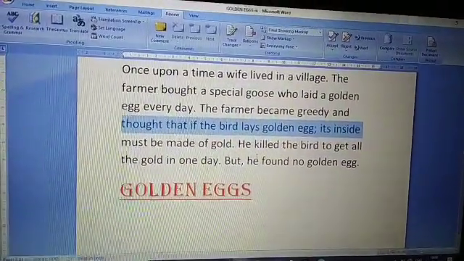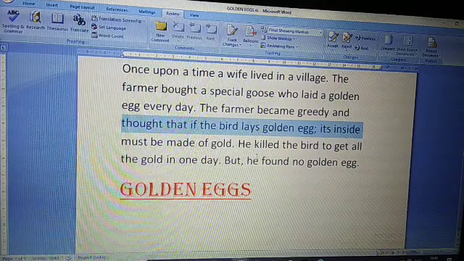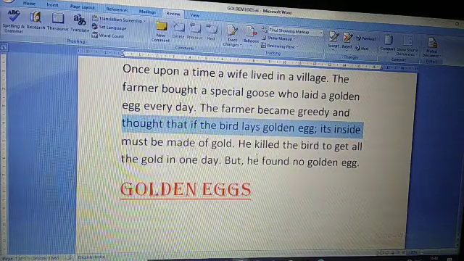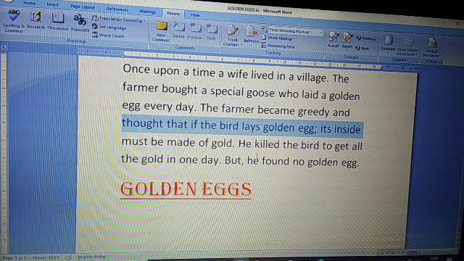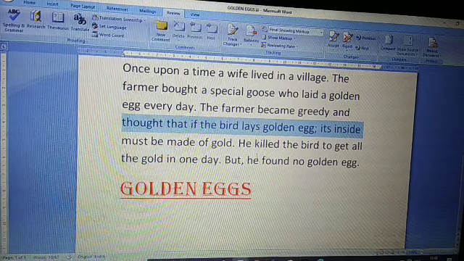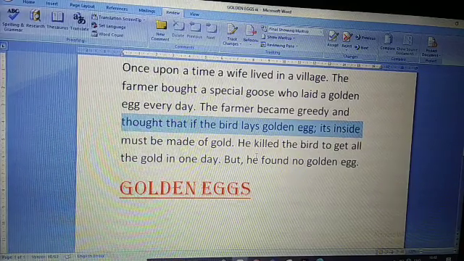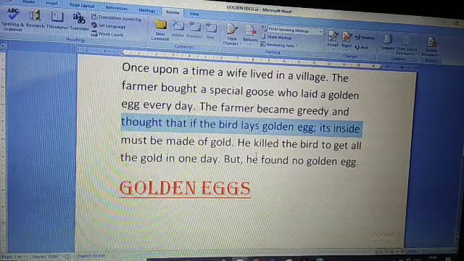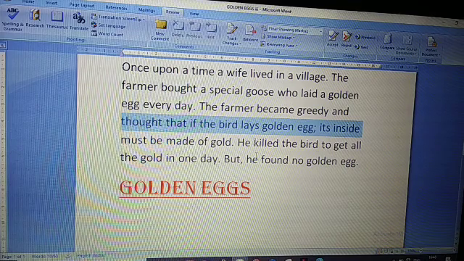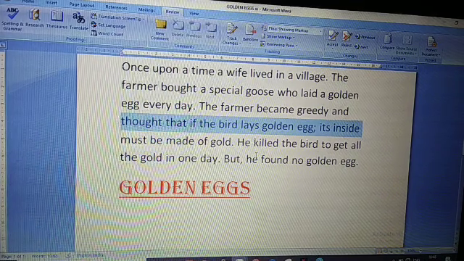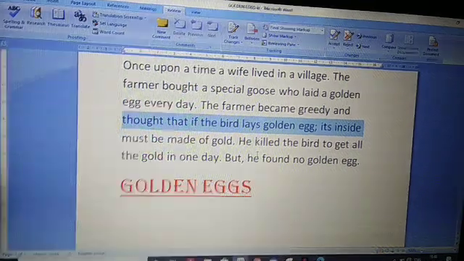All red wavy lines have gone, isn't it? So through the spelling and grammar dialog box, we can do correction. The spelling and grammar option is part of the proofing group.